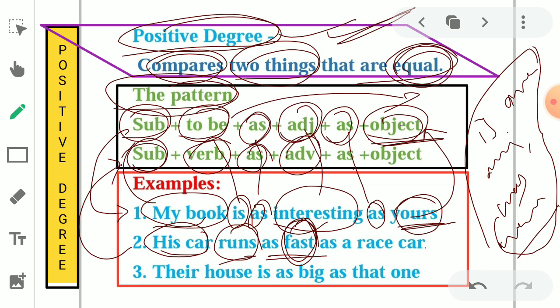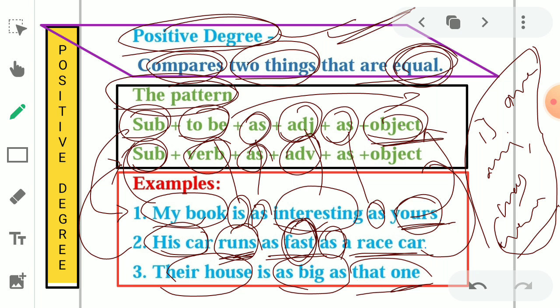Why? Because the main verb is taken. Got it? Here the word fast is describing an action of a person or thing. That's why an adverb is used. Then as, a race car, here the object. Their house is as big as that one. See,